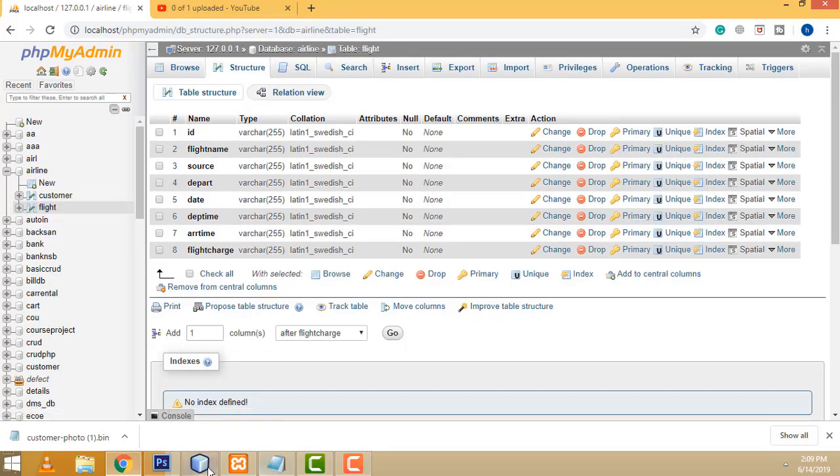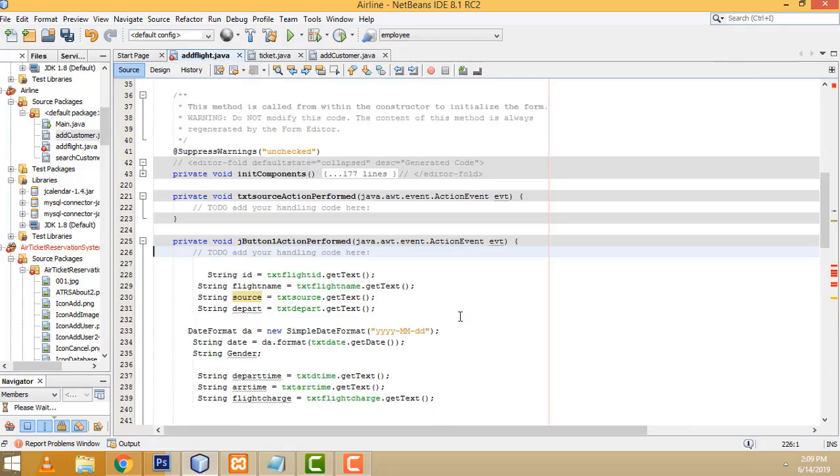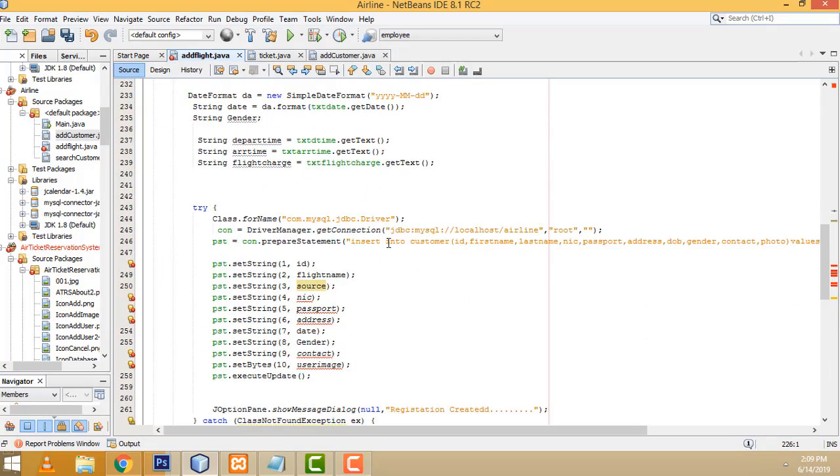Right, now here we have to add the records. Double click on this one. Here, insert into flight, which is the table. First one should be ID, second one should be flight name, third one should be